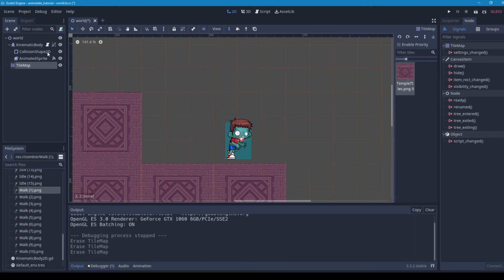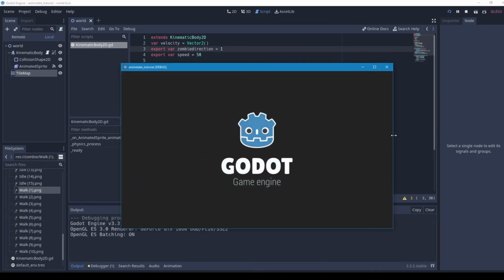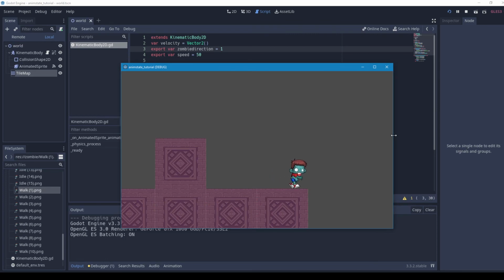So if we went to the tile map now and got rid of those, having him going in the right direction, you'll see he's just going to fall off the edge. So in the next video